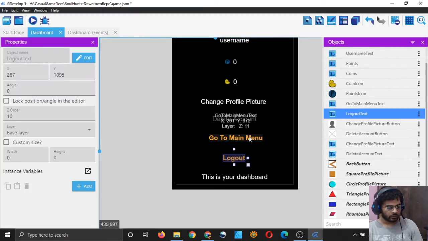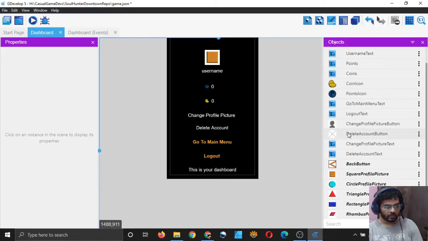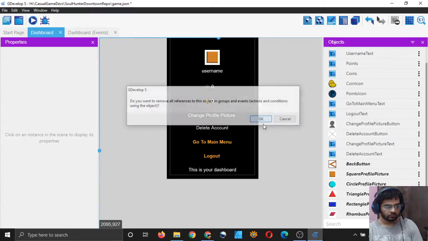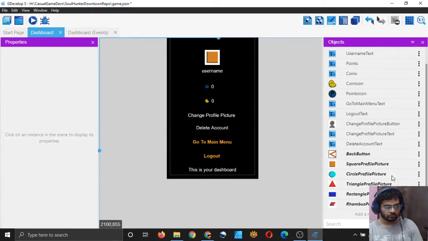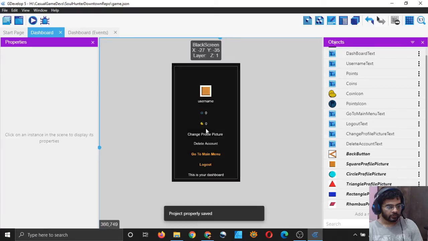That's looking okay, and I will delete these two icons which I made because they are not needed. Okay, and now I need to add some function to these two.